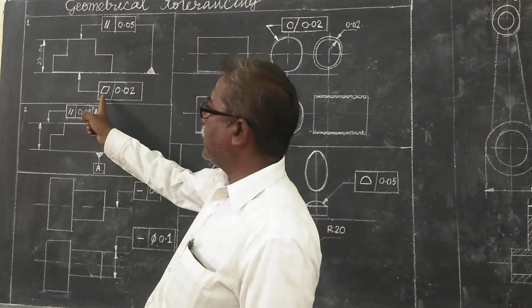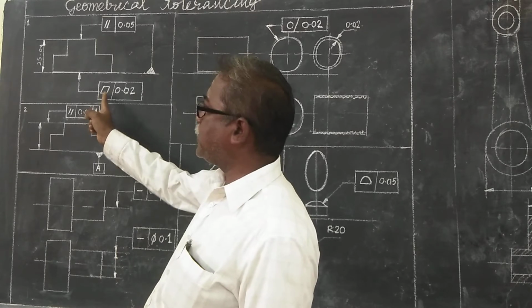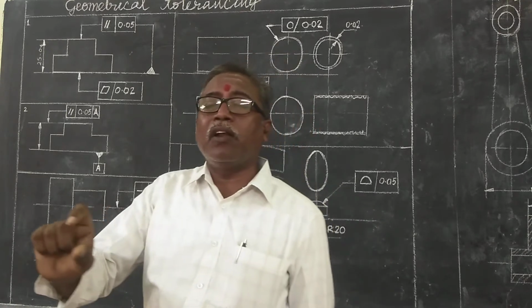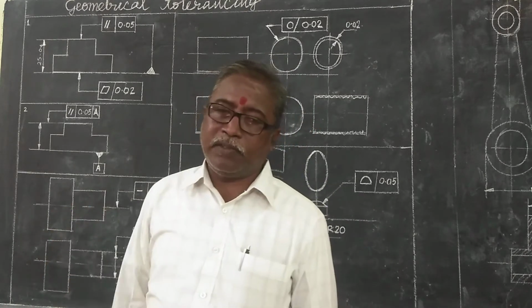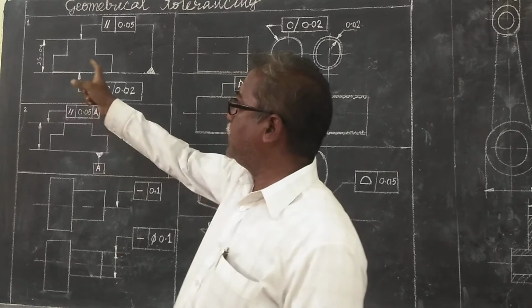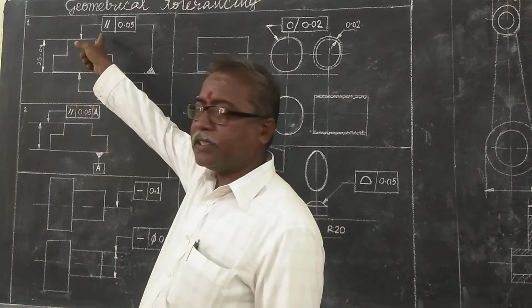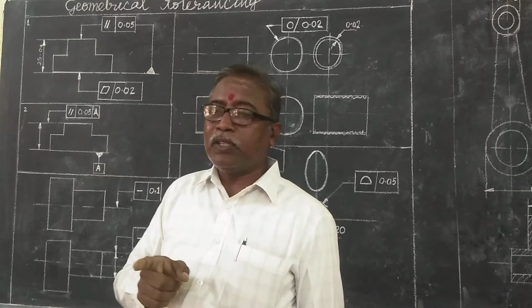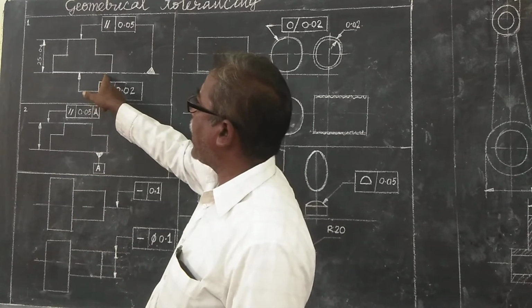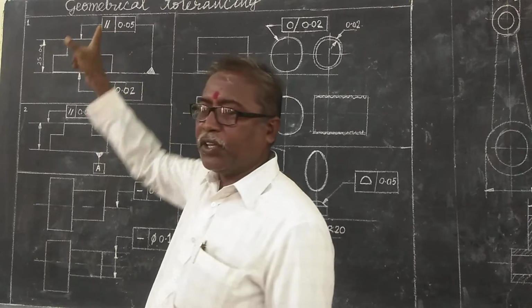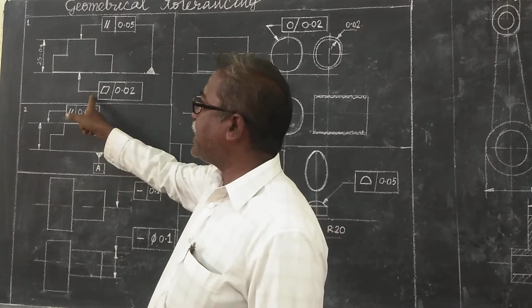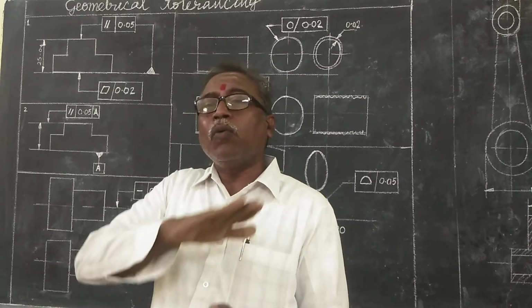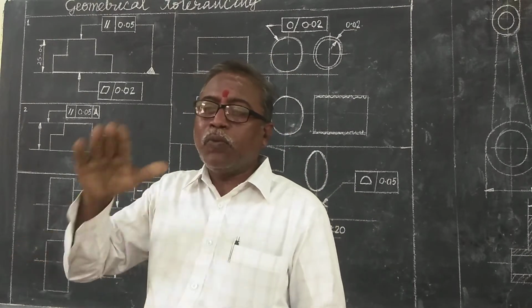You see there is a flatness symbol. The flatness symbol is given only on a parallelogram type model block. So this flatness symbol, and the parallel symbol only two lines. Keep that one in the mind. Parallel, so this surface is parallel to this surface only 0.05. This flatness is given, no other reference surface. Flatness is only one surface.